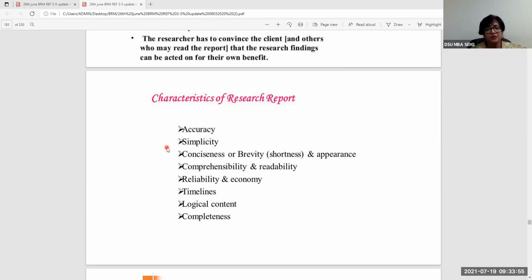So like a project handling, project management, the timelines must be indicated, and it should indicate fairly the realistic timelines followed for the conduct of the research. And that also needs to come out in the main report.